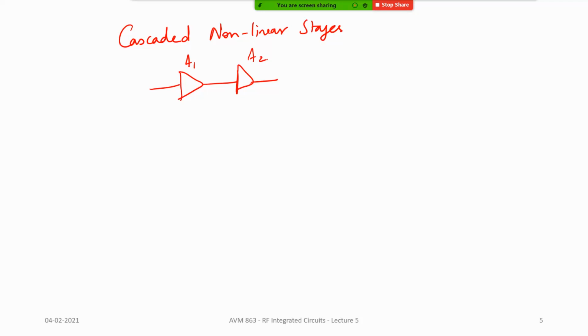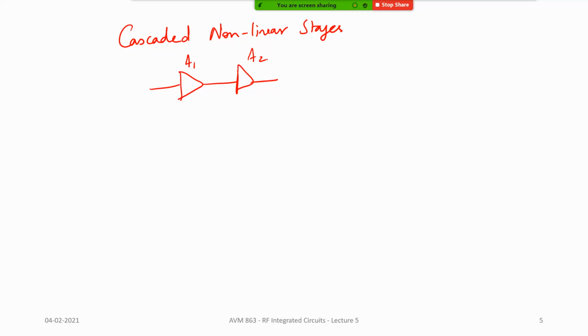It can be an LNA and a mixer. Or it can be two stages of LNA, or any two amplifiers or any two active devices, because we will always encounter these things. All right, so what happens here is,